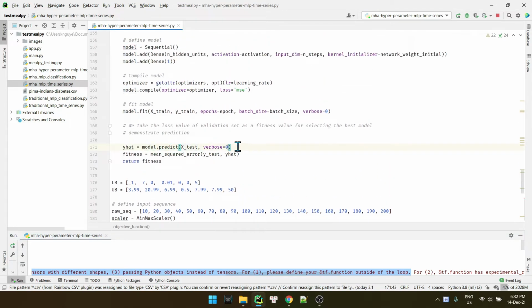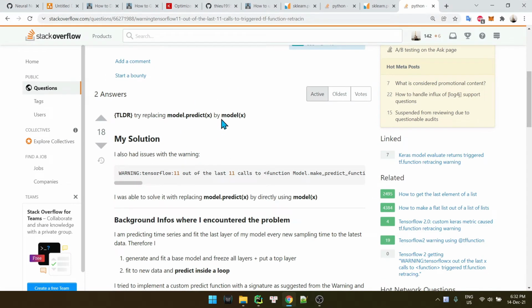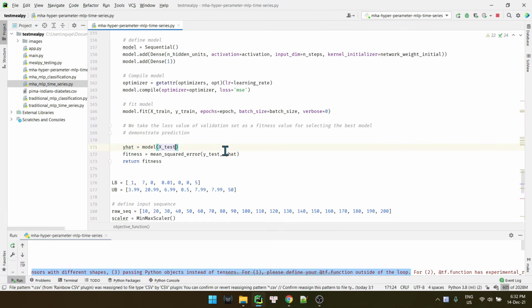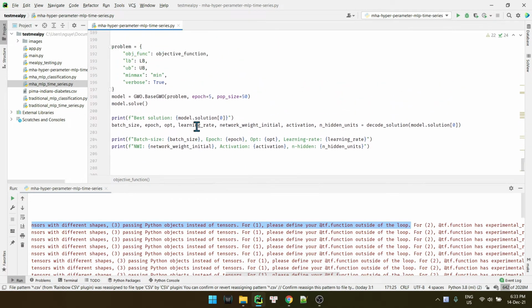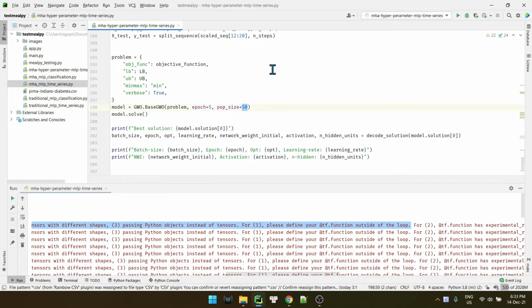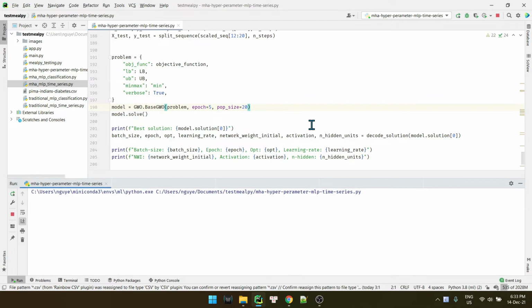So what we can do is we don't need this. Do this, right? Model fit, right? So that, and we should reduce the number to 20. We want to see the result.